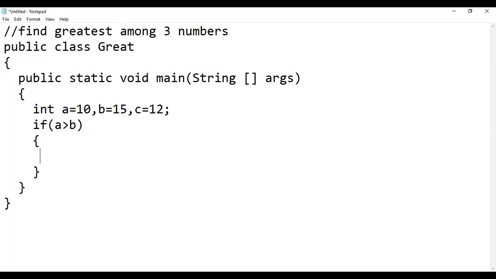A is greatest than B, but we don't know whether C is greater than A or not. So again we have to check a condition. But before writing this condition, I am writing the else part of this condition. So simply we use an if else statement.